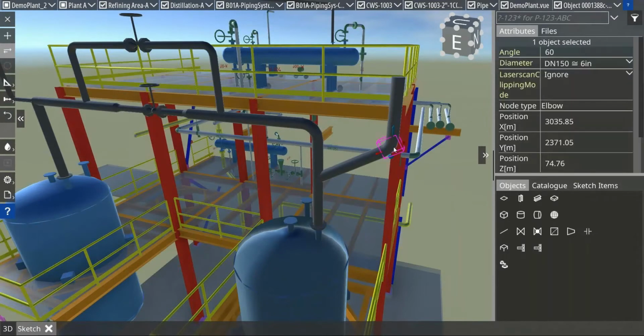So this is a functionality. If you have a free end of your pipeline, you can always adjust the first elbow, and the direction will change by an angle that you can type in. And afterwards, you see this is very flexible. This elbow moves along the pipe run, and